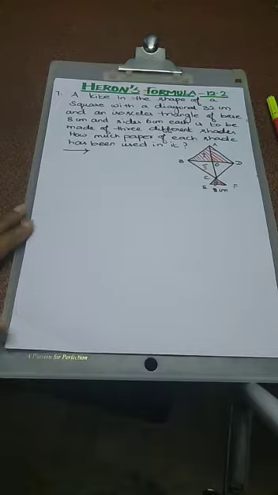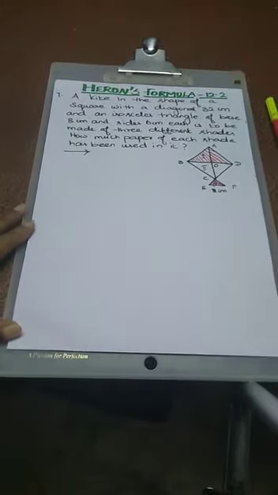First we calculate the ABD value, that is the first part. Then we have to calculate BCD. ABD and BCD are equal only, and then we have to calculate the CEF value. So here we have to calculate the first ABD value.